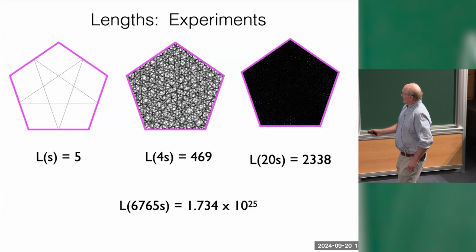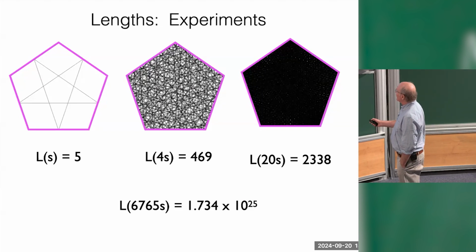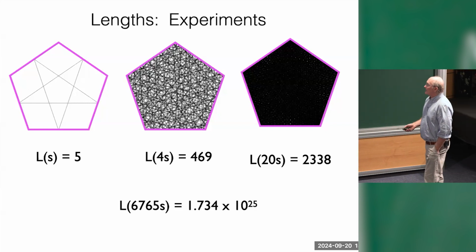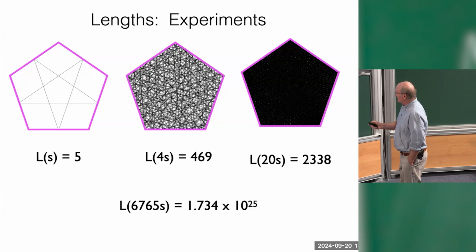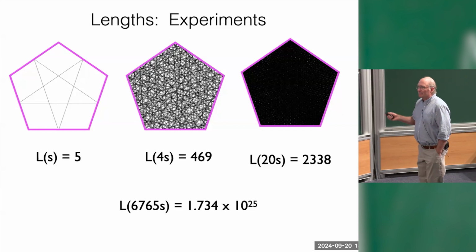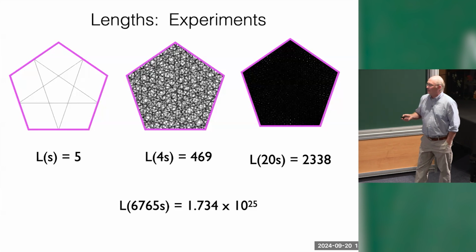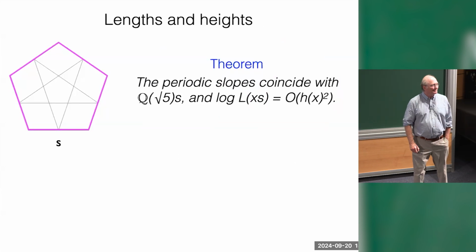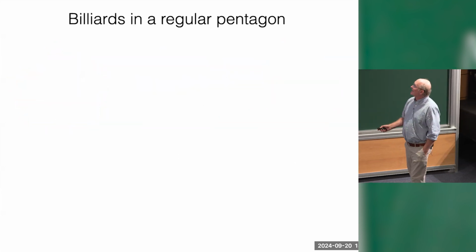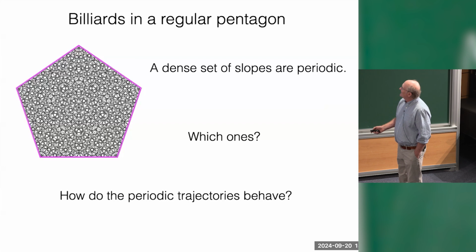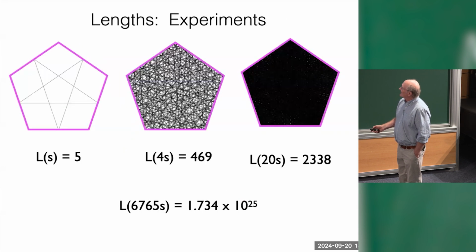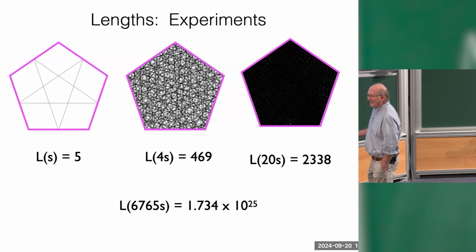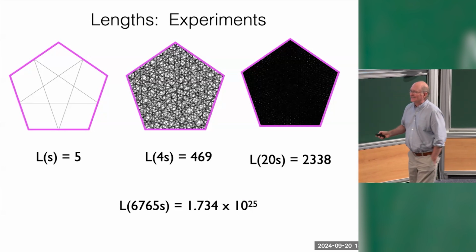So it's interesting that these slopes, these integer multiples of S, experimentally all give periodic slopes, but it becomes harder and harder to observe. When you plug in this integer, a naive computer simulation will never reveal that it's periodic, or rather, it will say it's periodic, but it's because of a numerical error. Is this approximate, the last one? No, well, I have the exact number. I didn't write it down. But that's another good question, which I'm not going to answer right now: how did I compute that number? You can do this on the computer? 10 to the 25? I don't think so.